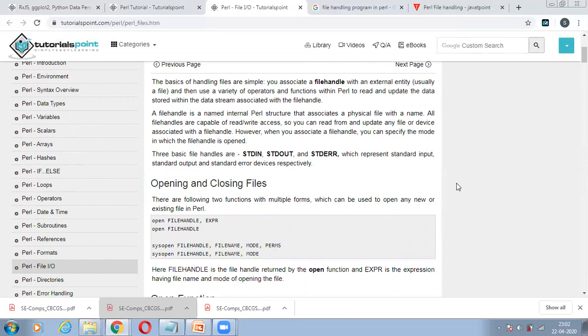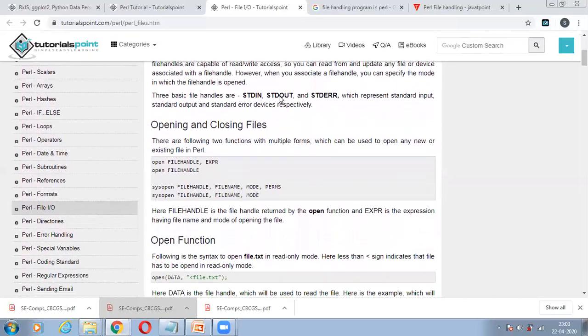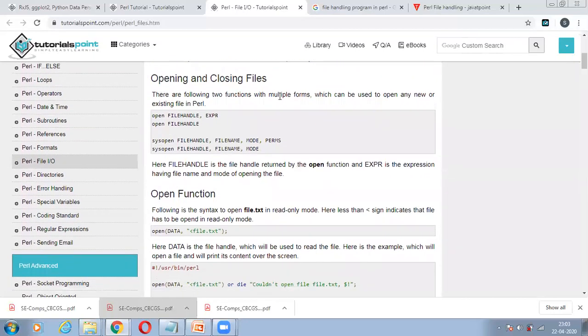The basics of handling files are very simple. You have to associate the name of a file with some external entity, and you have to let the system know what kind of operation you are performing on that file. So what are the different ways to do this? First we understand this, and then we move ahead and understand the programming level behavior.